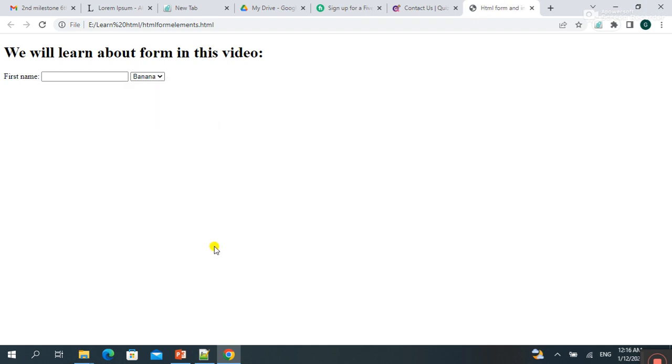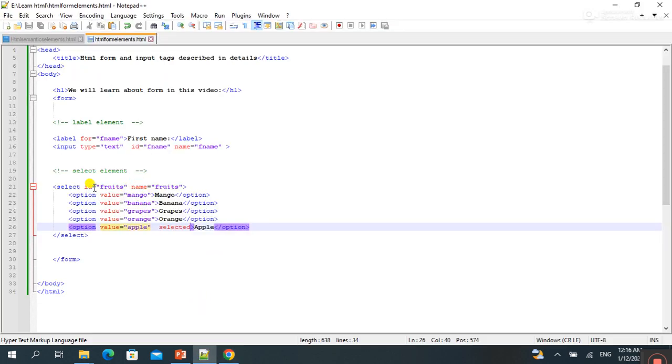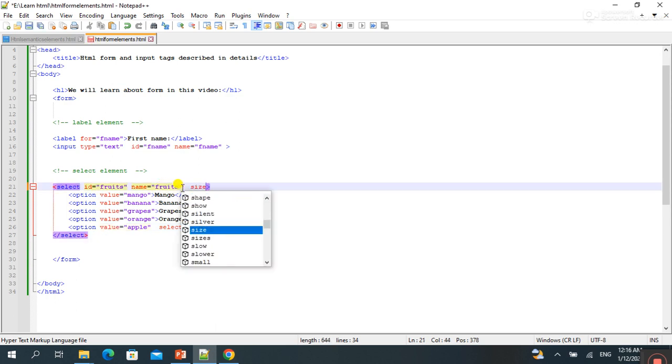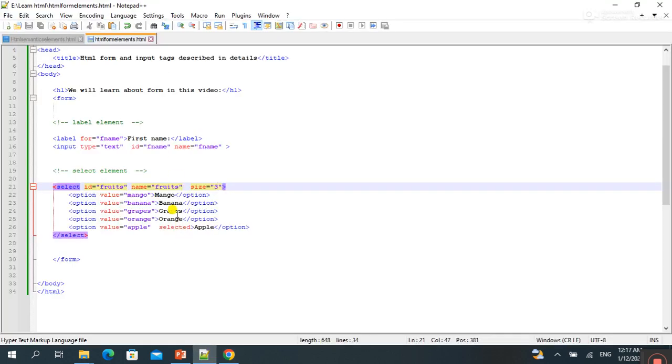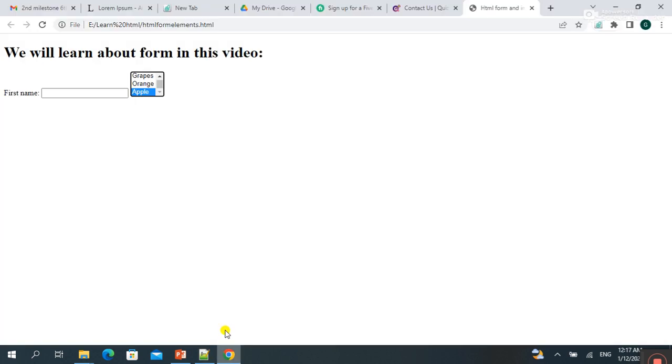You can also specify the size of the select tag. For this you specify size inside the select starting tag and type how many options you want to display to the user. Like if I type 3 here, save the file, refresh the browser, and now you can see only 3 names displayed, but I have written 1, 2, 3, 4, 5. 2 were gone,